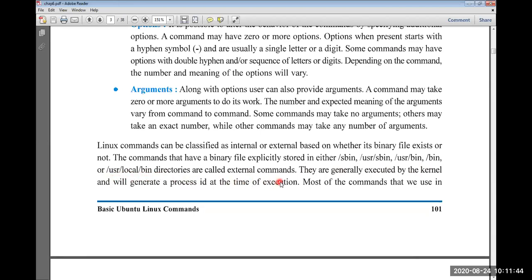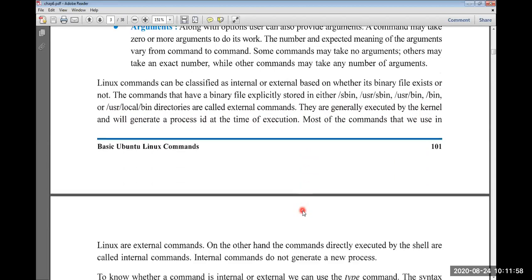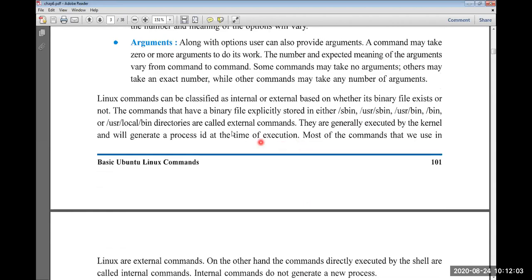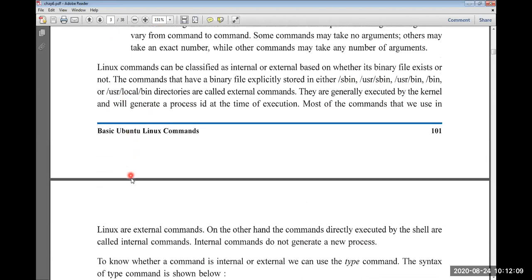And these are called external commands. They are generally executed by the kernel and will generate a process ID at the time of execution. Internal commands don't have any particular directory. But external commands are stored in these kinds of directories. Okay.